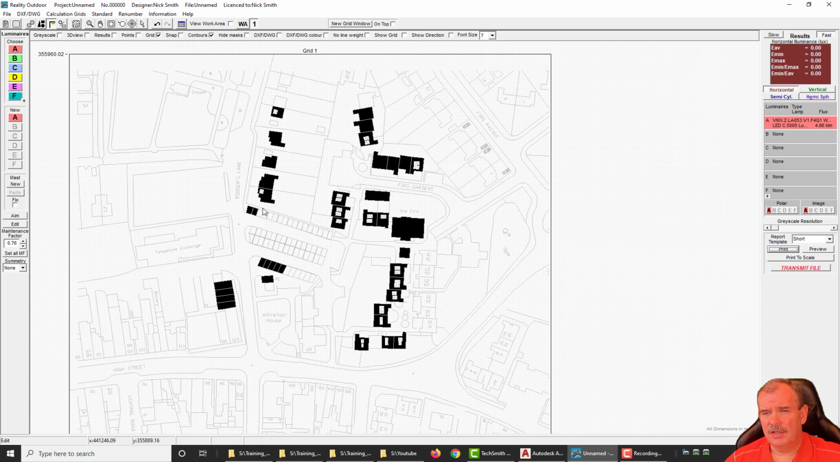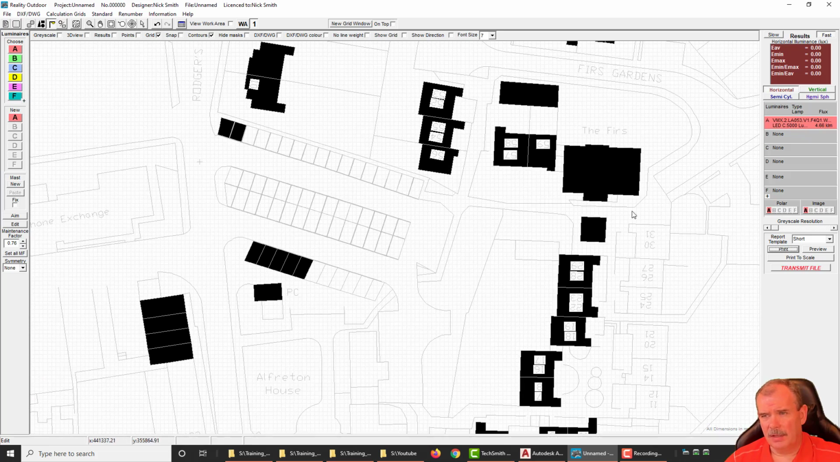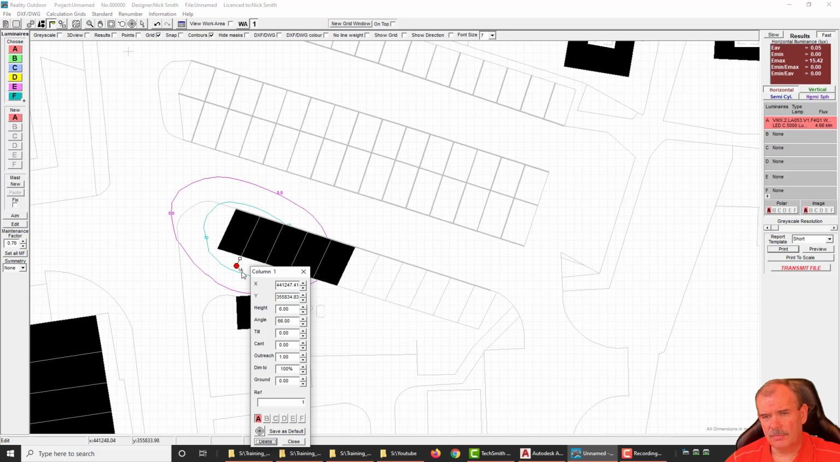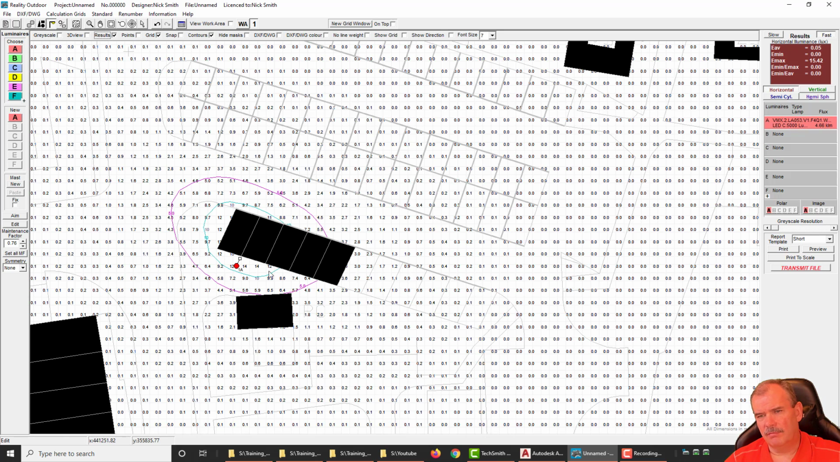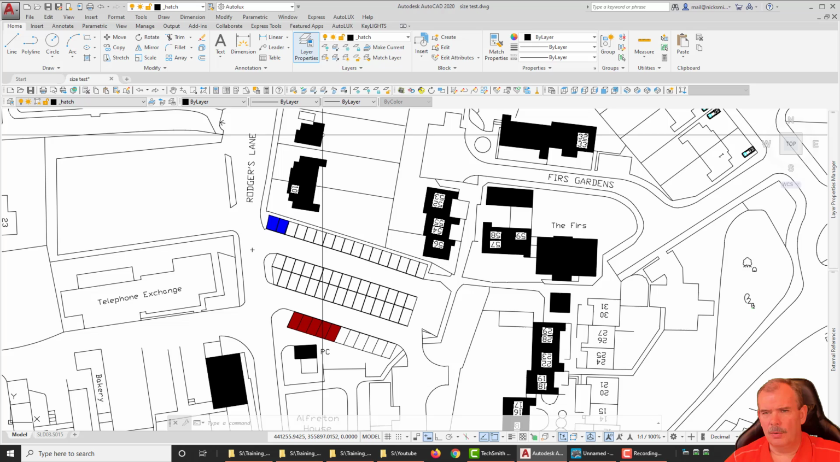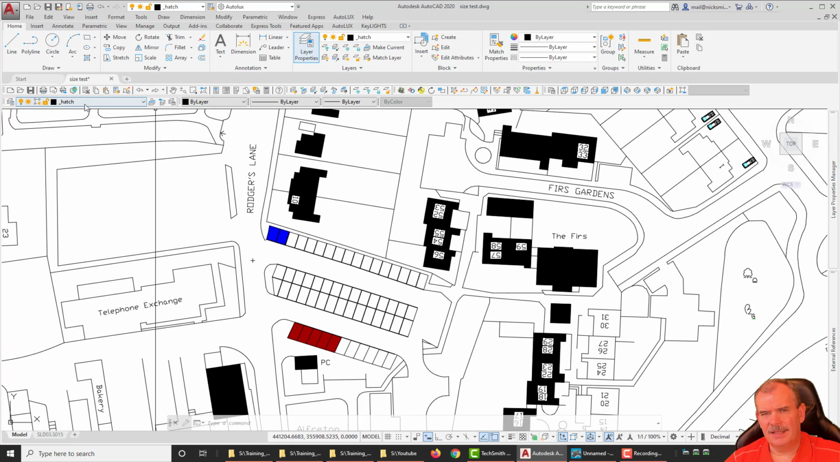And when we load this into Lightroom Reality, what happens is that it appears as a solid object, but then when we go and place columns in, the hatching sits above the items within the drawing, but not only the contours and the columns, but also often the results, so you can't see the results. So what I tend to do is create a layer